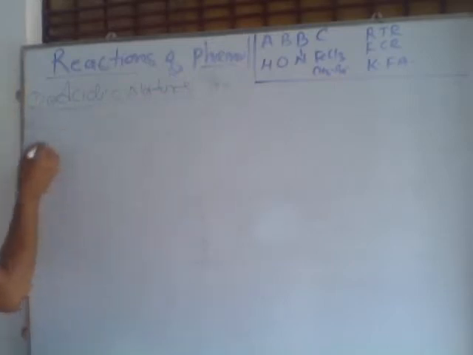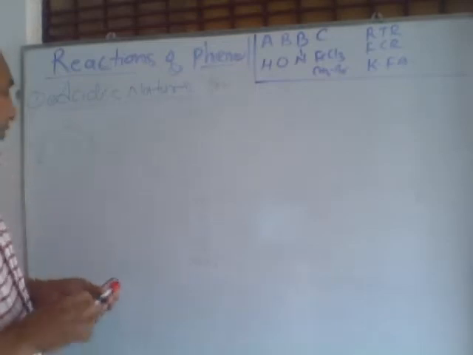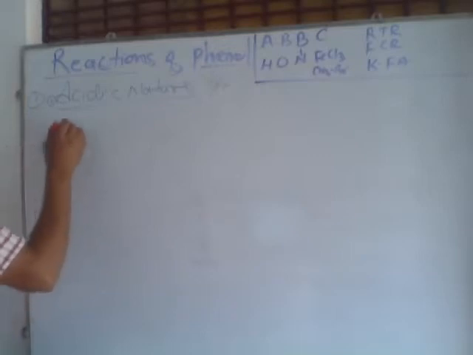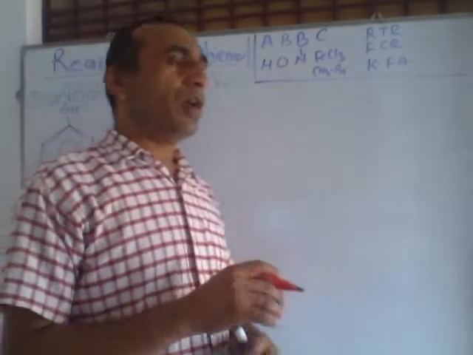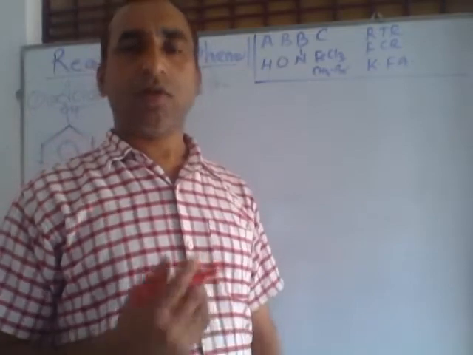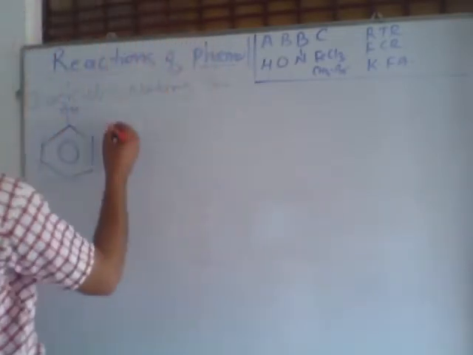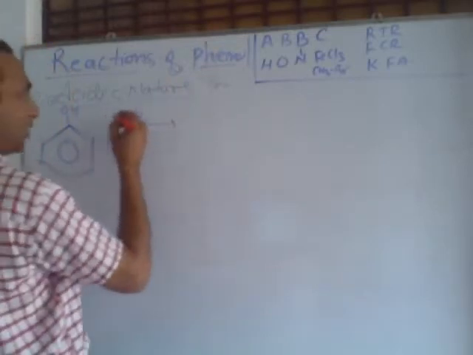This is phenol, benzene with OH. This phenol has acidic nature. So how can we prove that phenol is acidic? Simple. If phenol reacts with sodium, then its